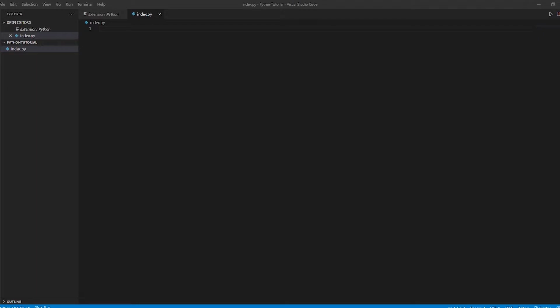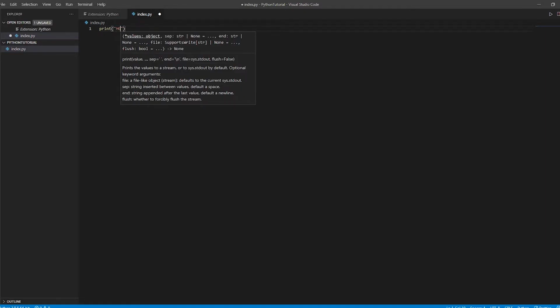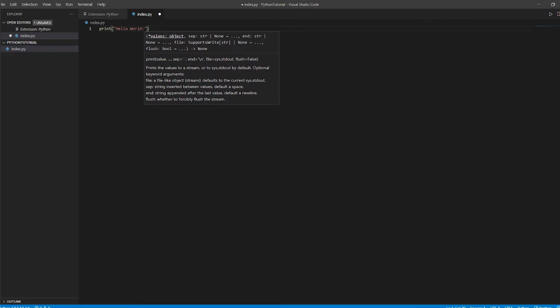Alright, so to break this file in, let's do what we did in the Python shell, which is print out some text. Let's use the print keyword. And you can see our Python extension working. You can see that it's providing us with some recommendations on what we think we're trying to type. So in this case, I know I want to use print, so I can just press enter and that will finish the word for me. But open up some parentheses and let's do hello world,